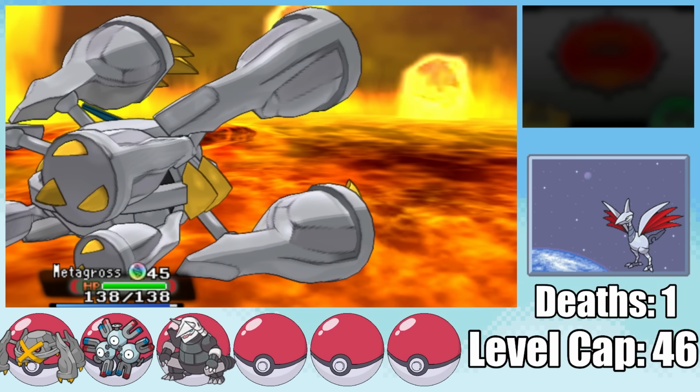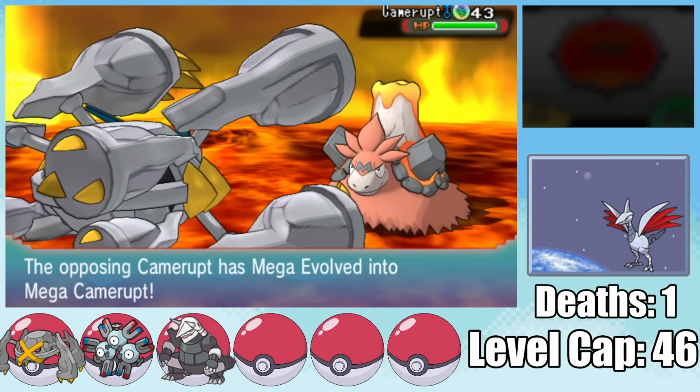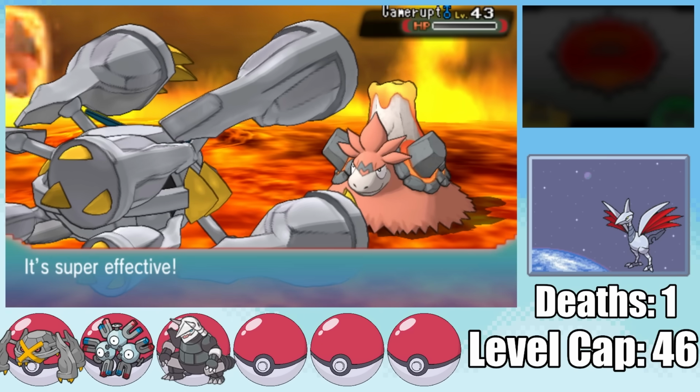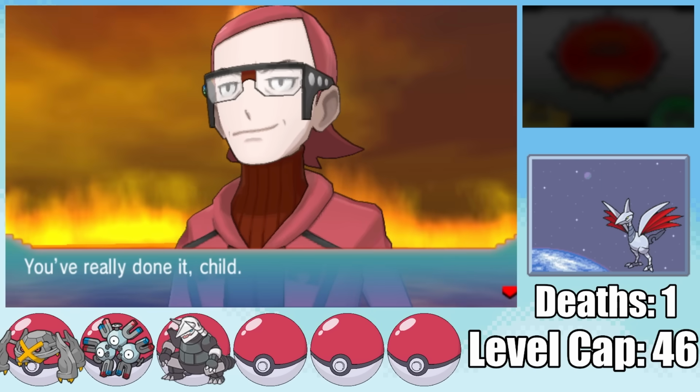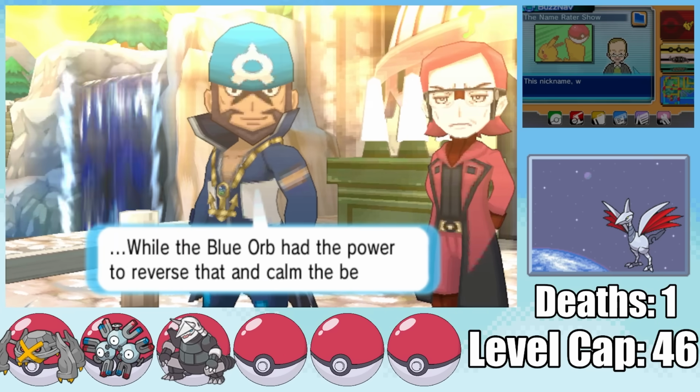Finally, Maxie has his very own Mega Evolution, Mega Camerupt. But the game just gave us the means to destroy this thing in the room before this very fight. So finally, with a single Earthquake, we take care of Maxie, and now we have to deal with the problems in his wake. Team Magma's unleashed Groudon upon the world, and unfortunately, it falls to us to deal with this